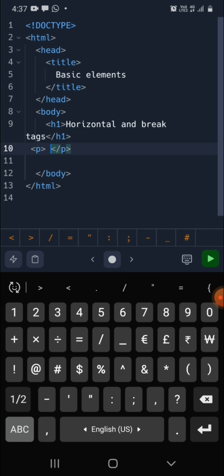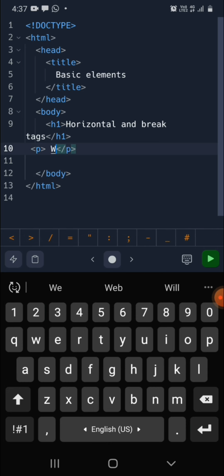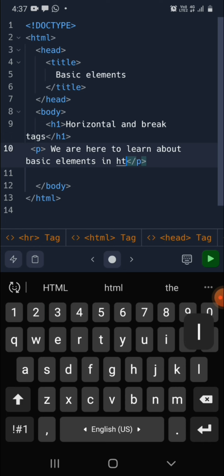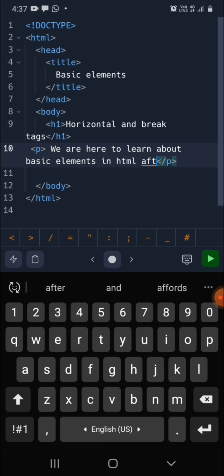So our paragraph will be, you are here to learn about basic elements in HTML. After that,